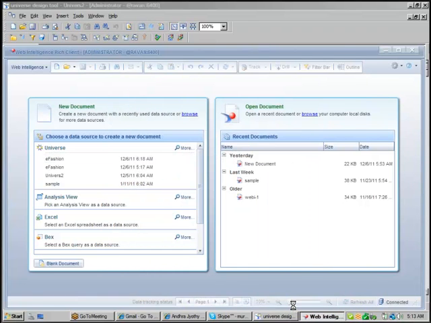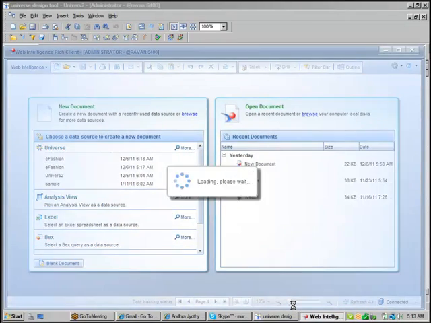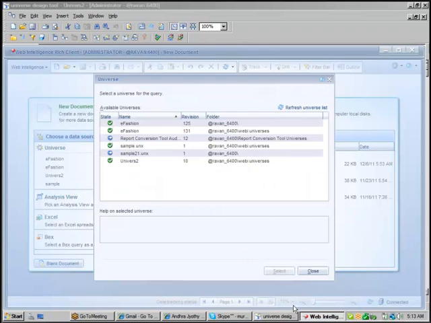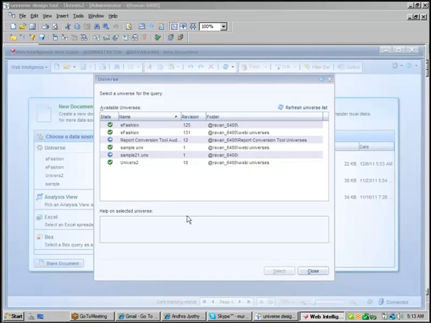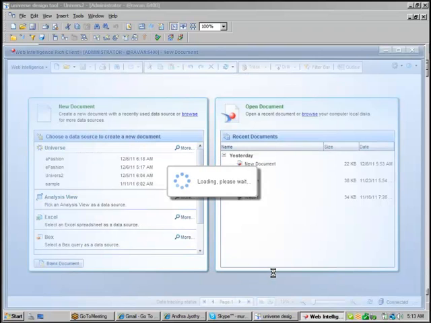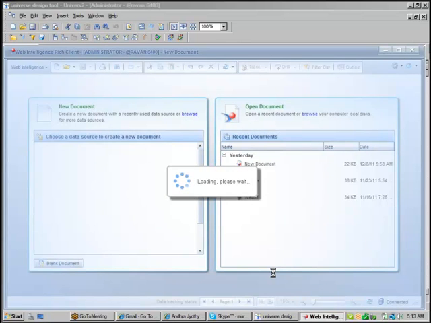First of all, I just want to explain why you need LOVs, why you set LOVs in the universe. Then I'll explain how to set LOVs in the universe. If you want to create a new report, just select that particular universe. I selected a universe called universe 2. When you click select, it will take you into the query panel of the report.